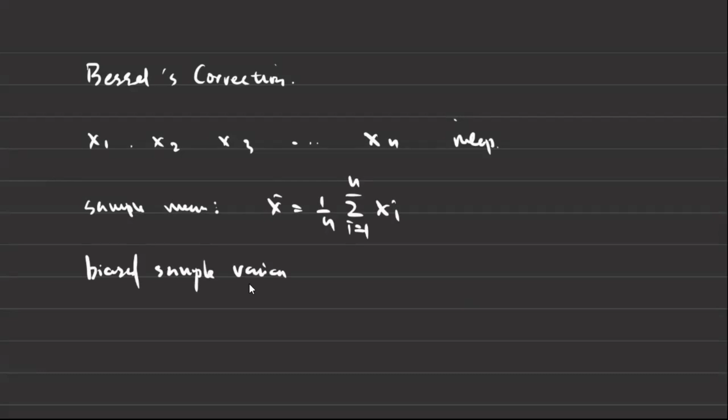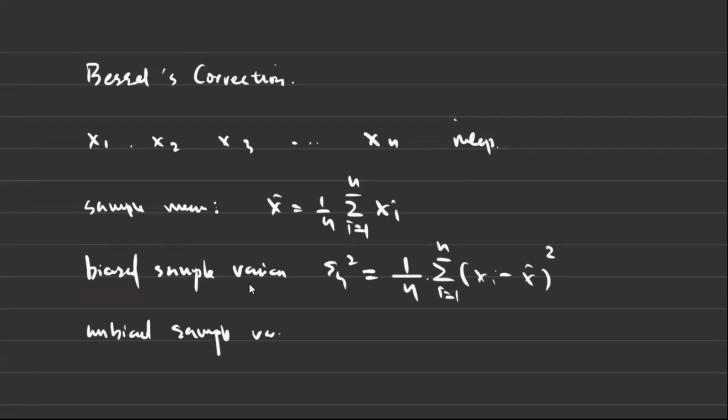And this turned out to be Sn squared equals 1 over n, sum i from 1 to n of xi minus x bar, squared. Now here, notice that this is biased, right? Biased means that the expectation of this estimate at the sample level is not the same as the population level. So then what is the unbiased one, right? It turned out the unbiased